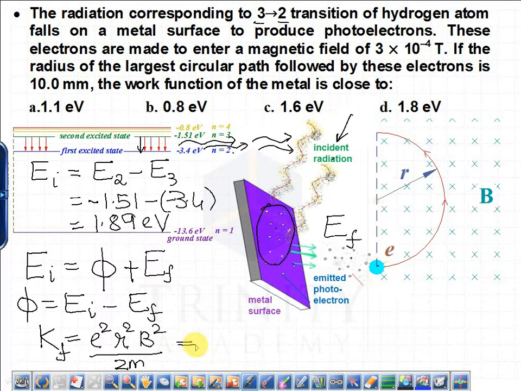Keeping these values, you will get kinetic energy in joule, which can be converted into electron volt by dividing with e. We can get the kinetic energy of the emitted photoelectron as